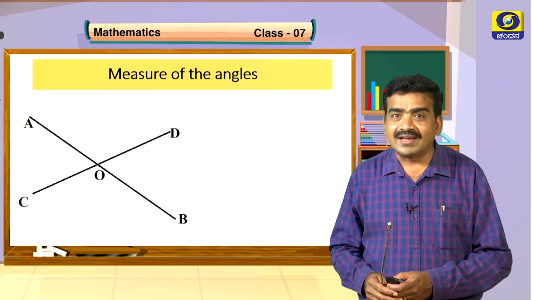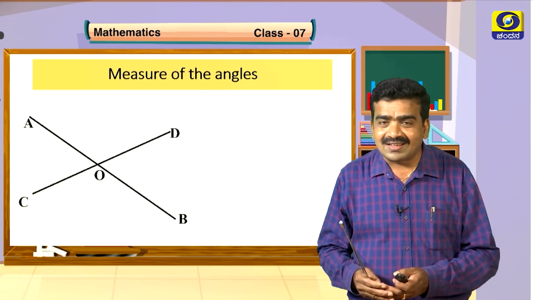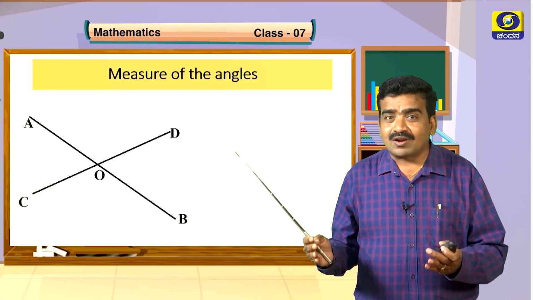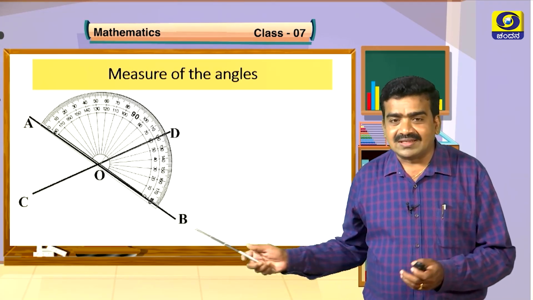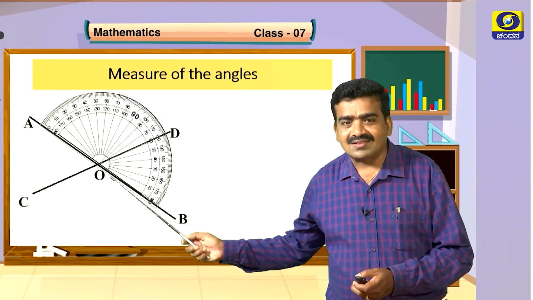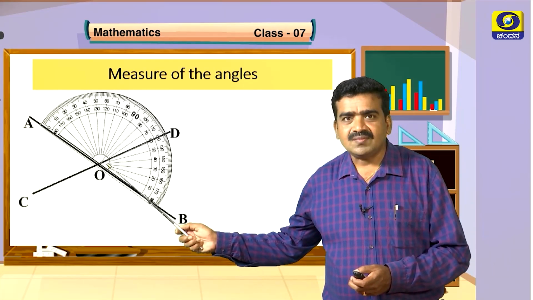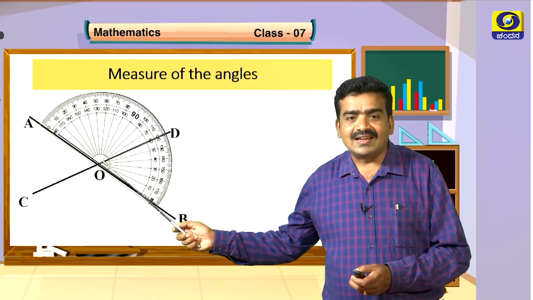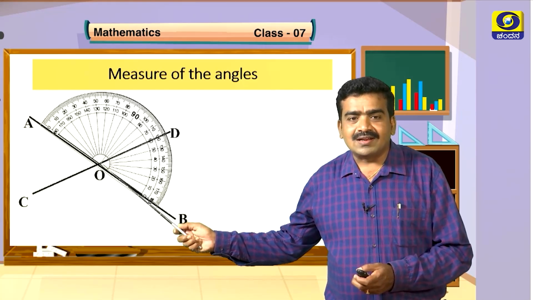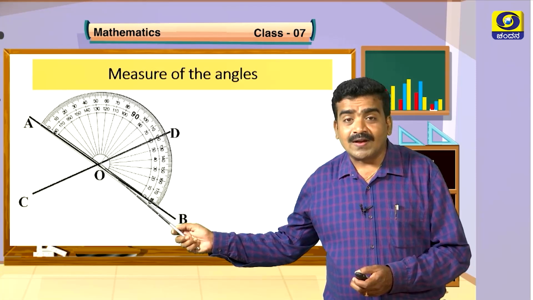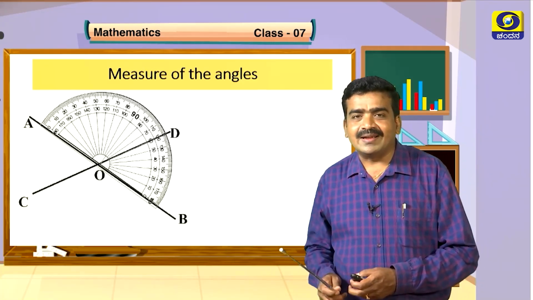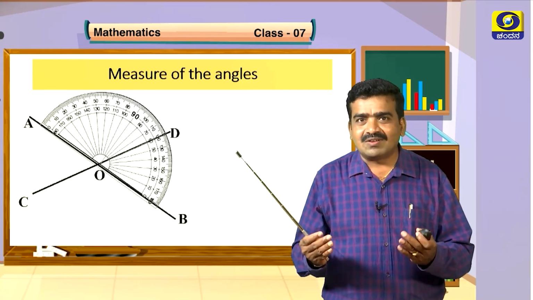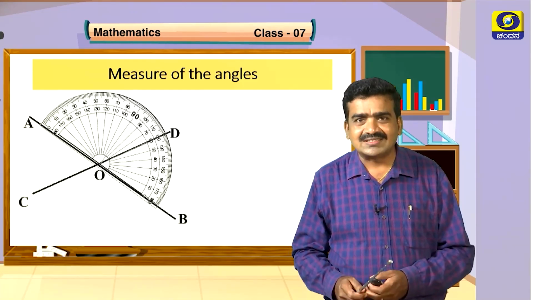What we have to do here? We have to take the protractor and keep the protractor at vertex O. Then, like this, we have to keep the protractor at the angle to measure the angle, and this perpendicular line with the base should coincide with the vertex. Now, take the reading as per the direction I have given in the previous class.